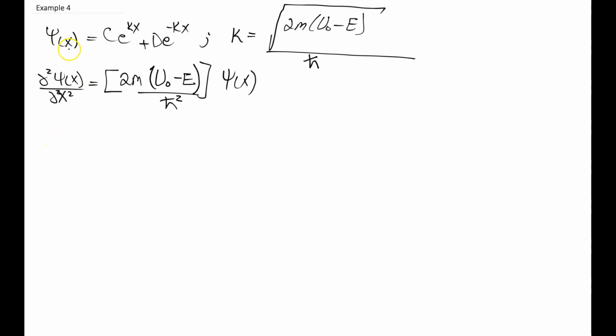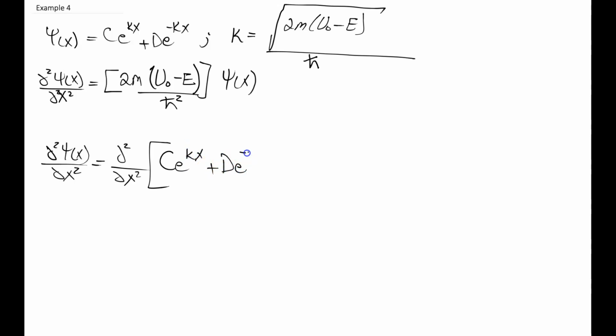So we have this wave function psi of x, and we have the exponential constant given by k equals the square root of 2m (U sub 0 minus E) over h bar. And let's see what happens when we try to find the second derivative of psi of x with respect to x. That's going to be the second derivative with respect to x of c e to the kx plus d e to the minus kx,